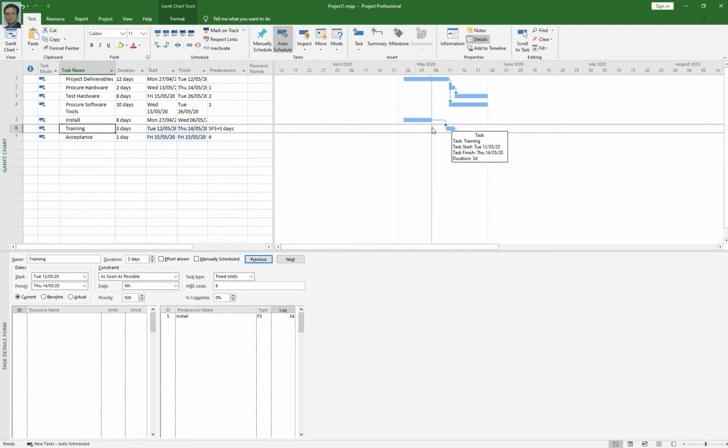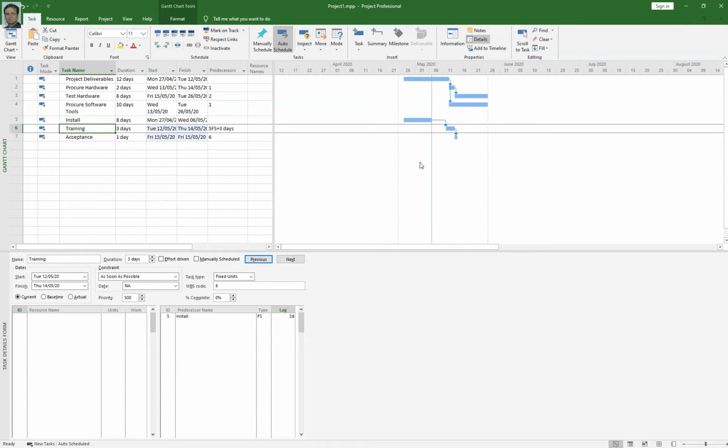So what is lag? Lag is a waiting period between two different activities. And what is lead? A lead may be used to indicate that an activity can start before its predecessor activity is completed.